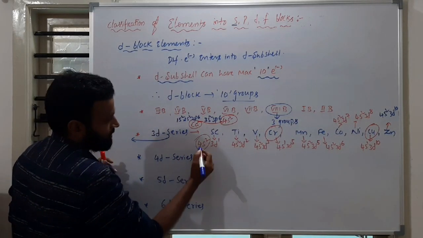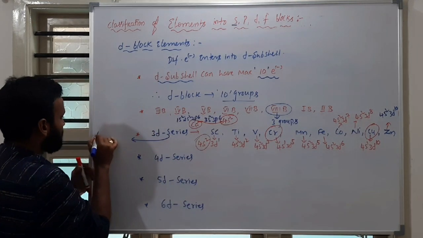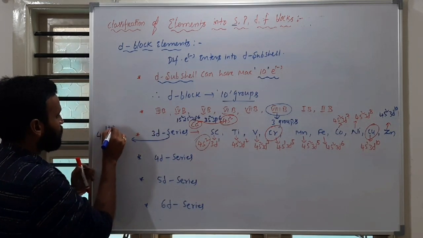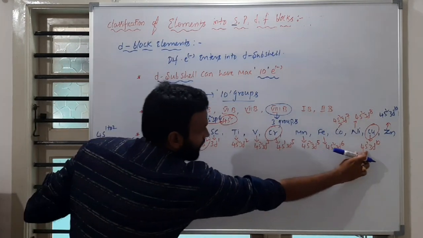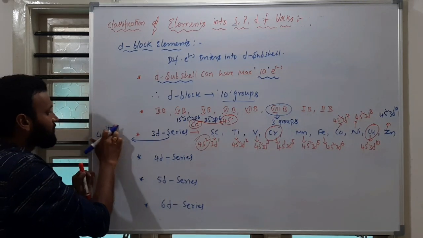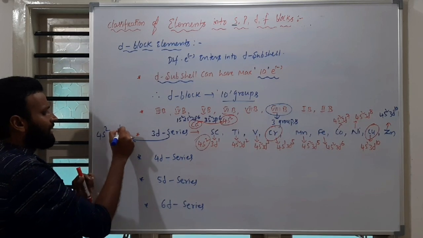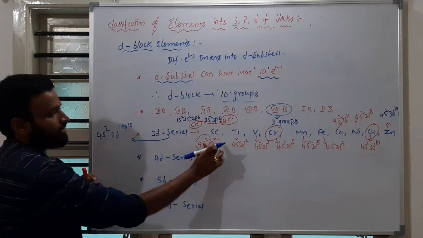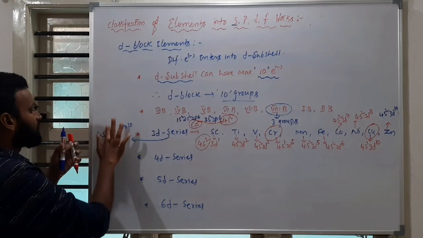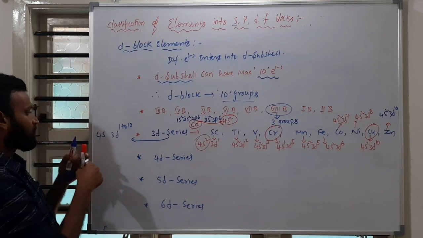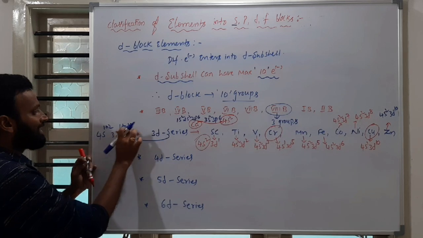So from all these things, what can we write? Everywhere this is similar. So what is the similarity? 4s1 to 2 I can write. Why? Sometimes I am writing 4s1 here and here. That's why I can write 4s1 to 2, and 3d1 to 10 you can write, no, because 3d1, 2 up to 3d10. But sometimes this s configuration is changing. So I have to represent 4s1 to 2 and 3d1 to 10.